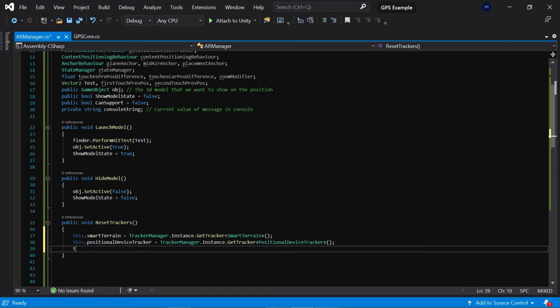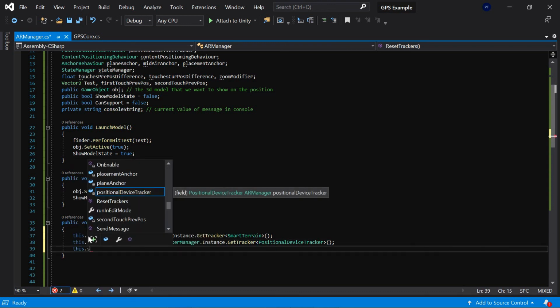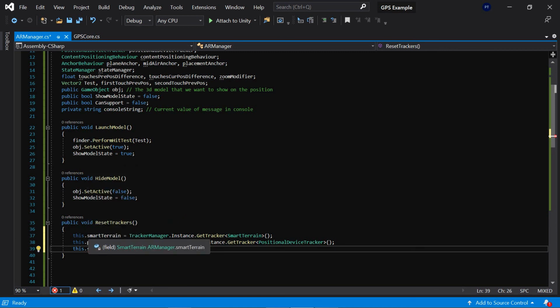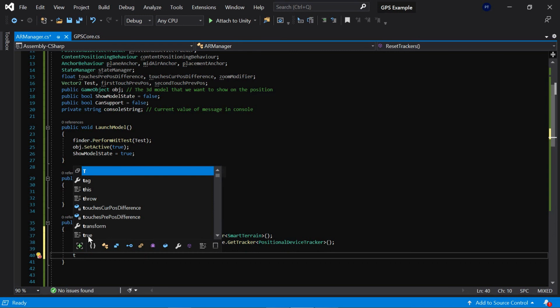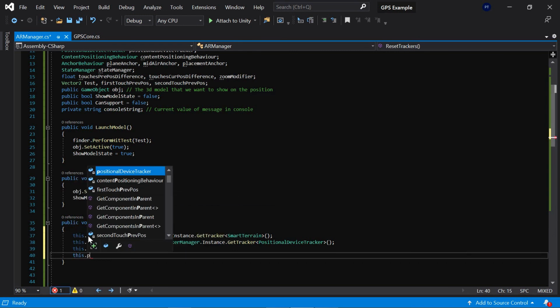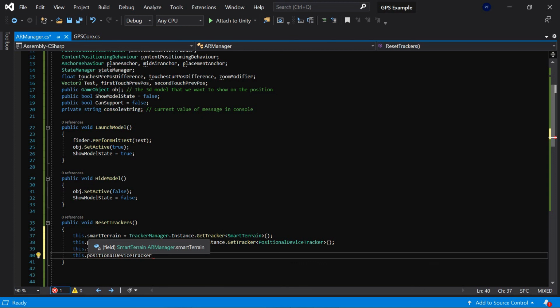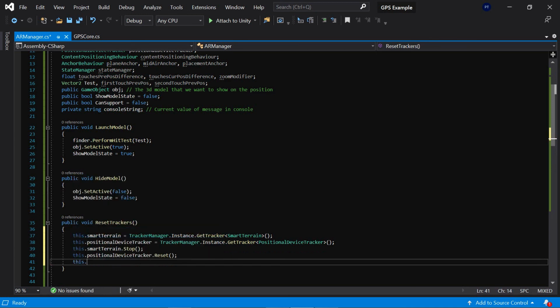And also in here this dot smart terrain dot stop, this dot positional device tracker dot reset, and also this dot smart terrain dot start will launch. Okay,